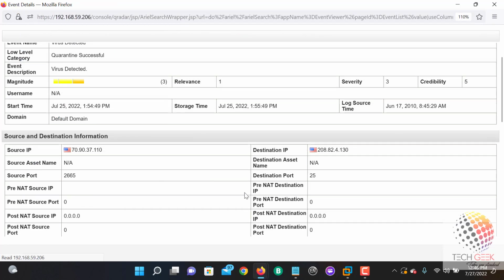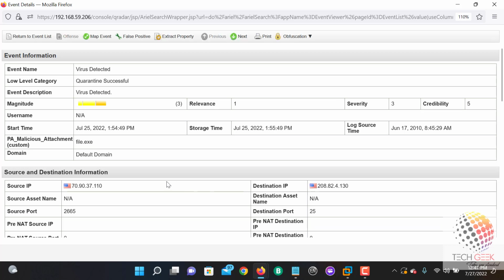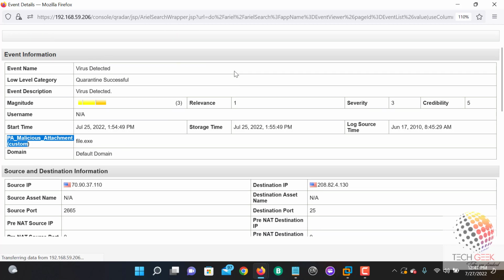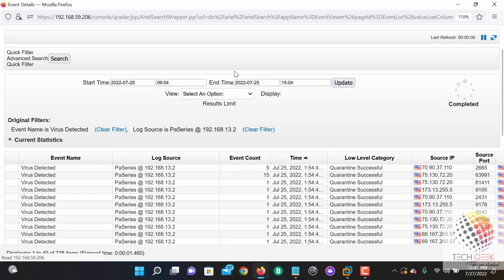So when I click on save, you can see that I got the attachment here. Can you see that? PA malicious attachment. Now, not only this, if I click on any event now,